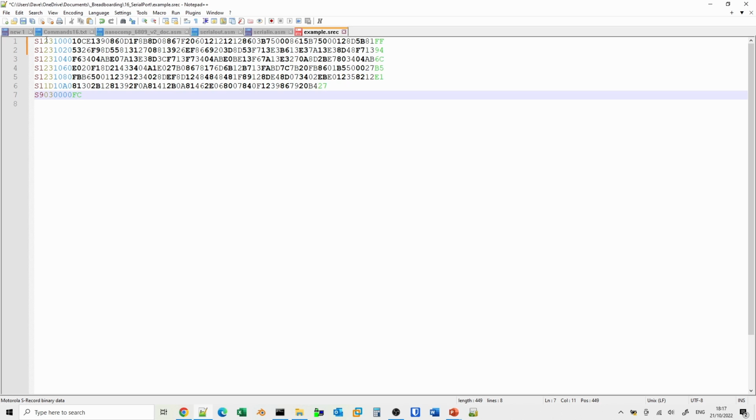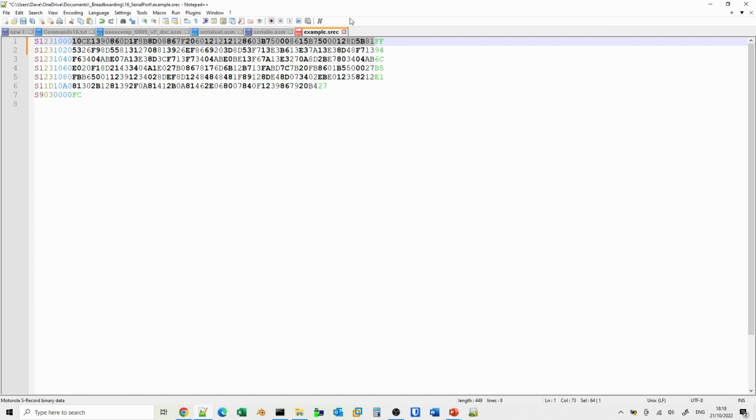And in fact, in this particular one, we can see that the length here is 23 hexadecimal. So that means we've got the 3 bytes for the address and the checksum. And then the data here, if we just select the data and see what the count is down the bottom, we can see we've got 64 characters selected, which would equal 32 bytes. So that's 20 in hexadecimal.